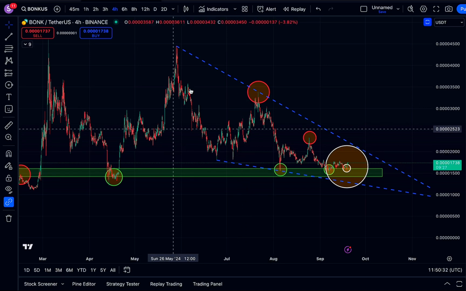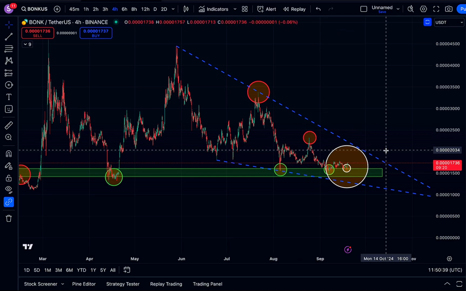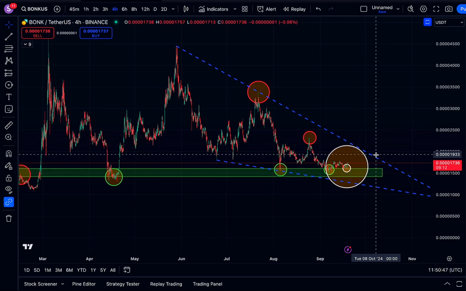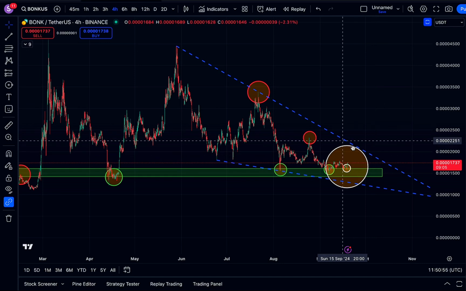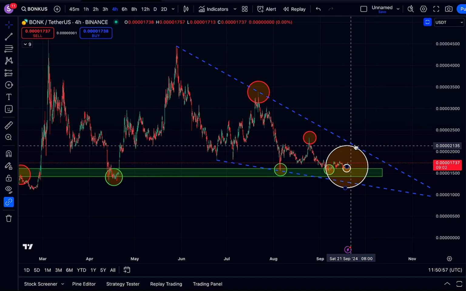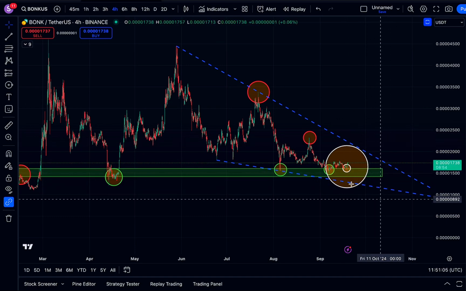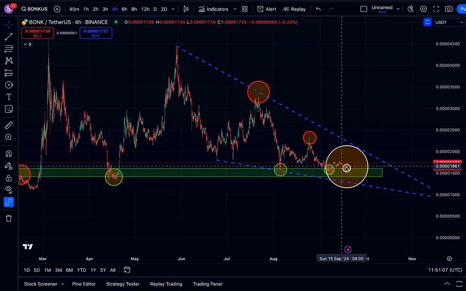Okay, look at this macro descending triangle. The meso has gotten broken, which will experience a push up around this region, but this region is still inside the region of the macro descending triangle. We will confirm Bonk bullish, extremely bullish, if Bonk happens to break towards the upper part of this descending triangle. Ideally, this triangle is supposed to break towards this part, but you can see that Bonk is having a reasonable